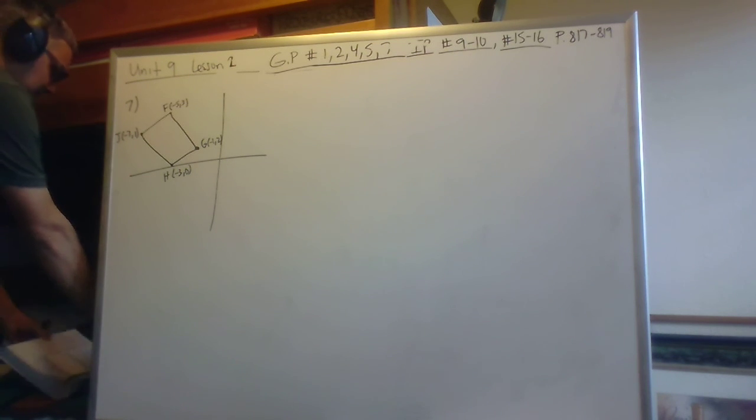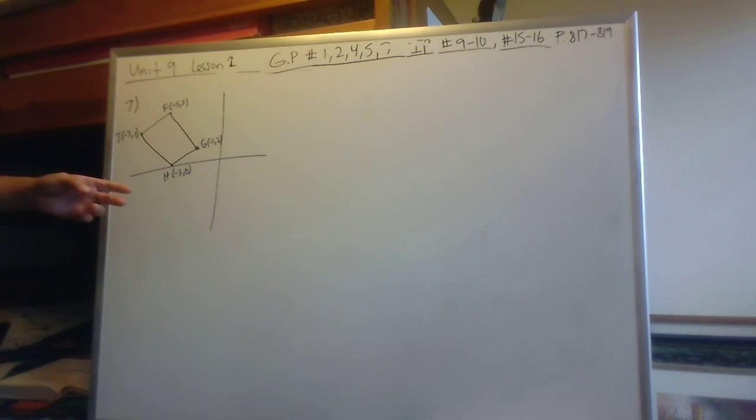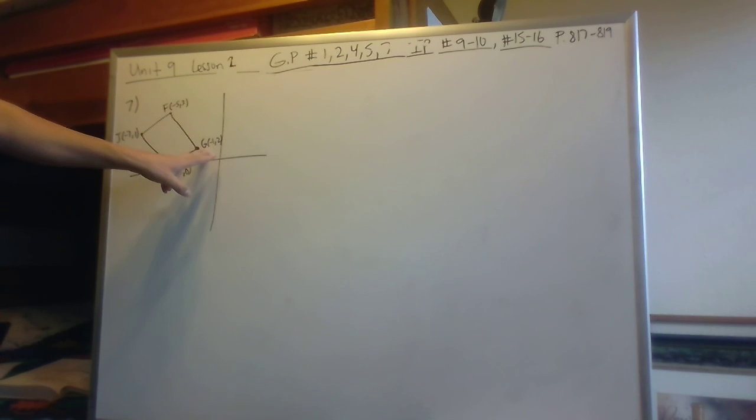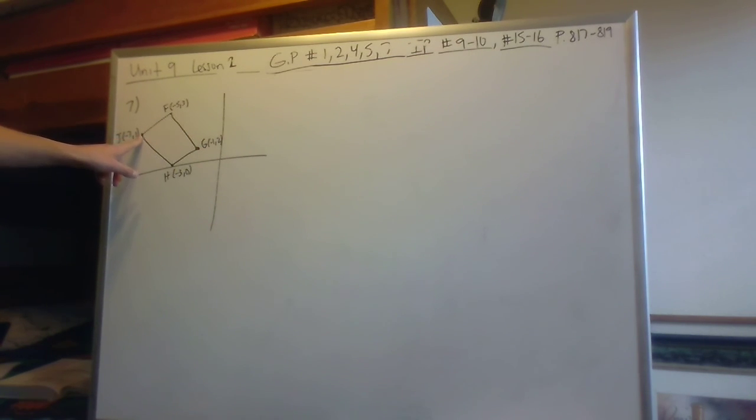So when you look at this problem, you're going to notice something. The book kind of messed up a little bit, because it says that G's at -1, 2, but then it drew J, which is at -7 and 1,